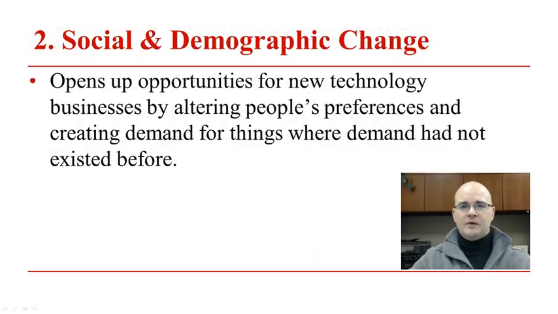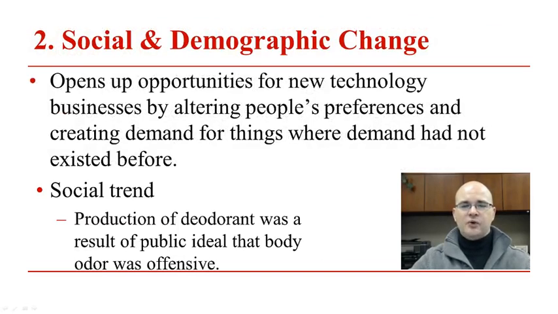The second item that we'll look at within change is related to social and demographic change. So these are changes that are going on in society that may be related to things that we may take as de facto, but in time there were elements developed like deodorant that, to my knowledge, there's not necessarily a health reason for it. There's not an aesthetic in that it doesn't look different, but there's an odor, and we believe that we would rather not have the odor, and so you've had markets that have developed